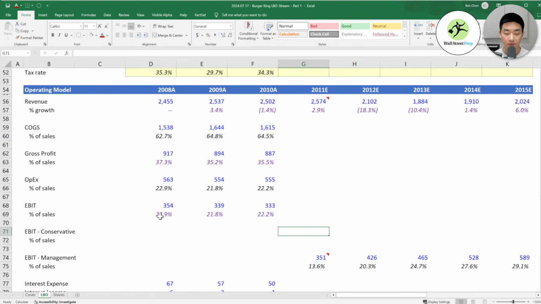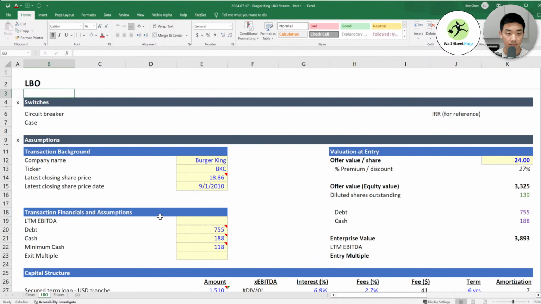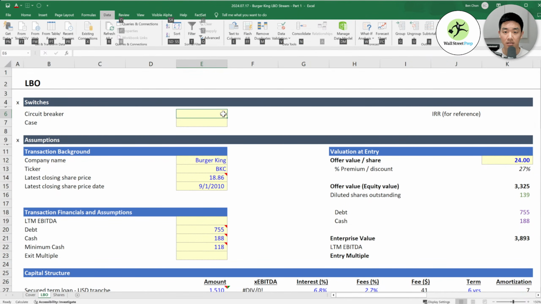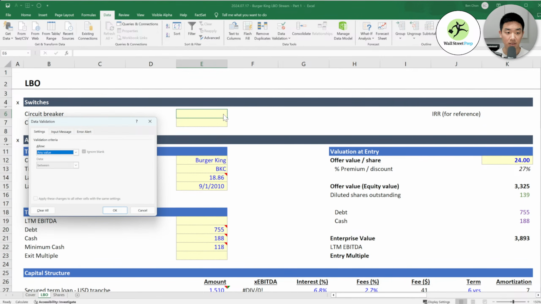Okay, so for our conservative case, we're going to need a switch here. We're going to use the circuit breaker thing a little bit later. But what we want to do here is add, if you go to Data, so Alt A V V, we're going to add a list, and then we're going to call this on or off.